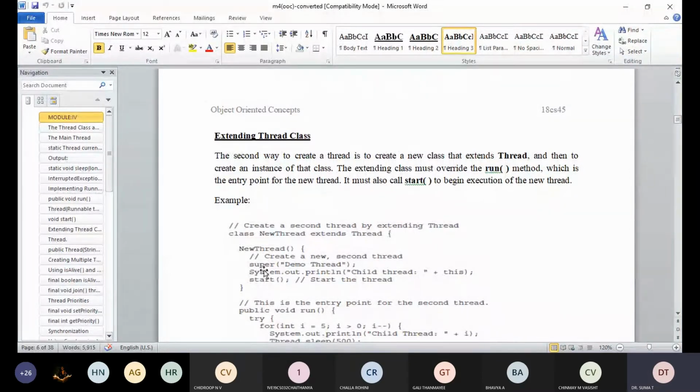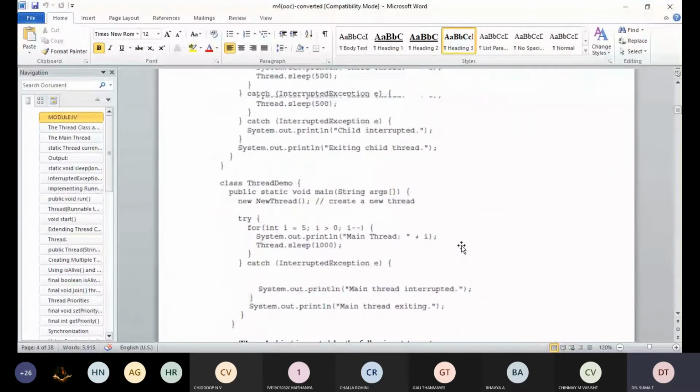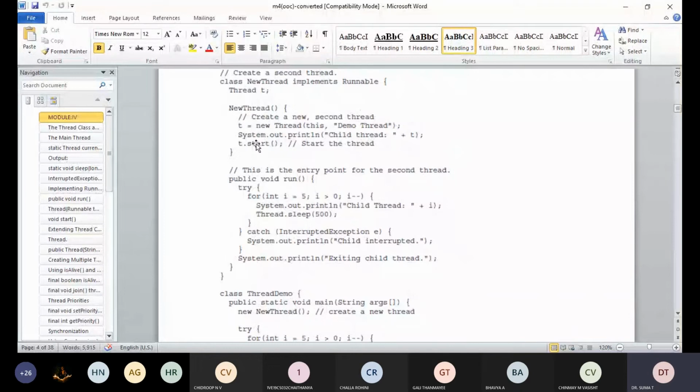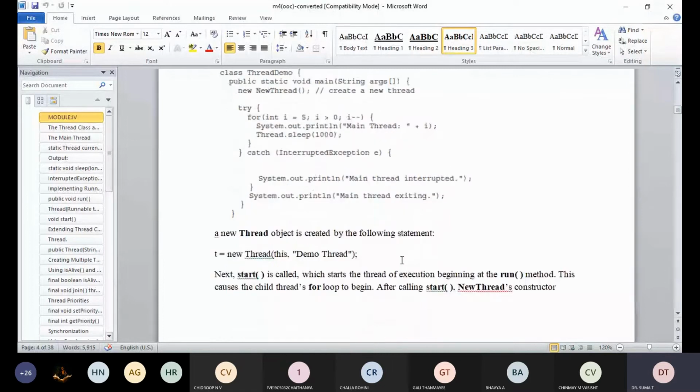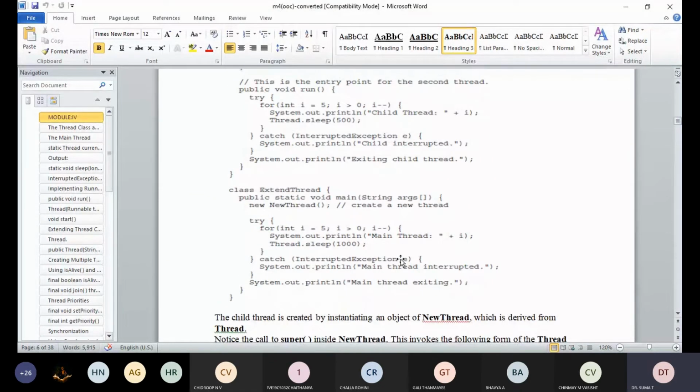So that is what, same program, only this statement. And here, instead of printing the T, it is going to print this. Implicitly it says that this means the superclass. Okay, it is going to execute.